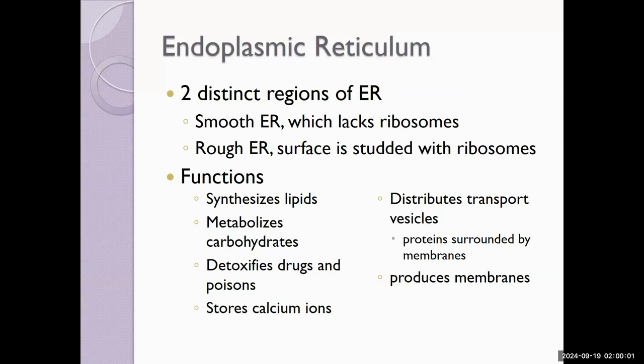The smooth area lacks ribosomes. Depending upon whether we're talking about the smooth or the rough ER, the endoplasmic reticulum will have different functionalities because, remember, form dictates function. You don't have to know all the things the endoplasmic reticulum can do, but be aware of its primary role: make lipid, detox, move stuff.